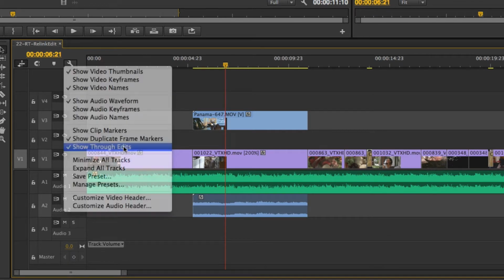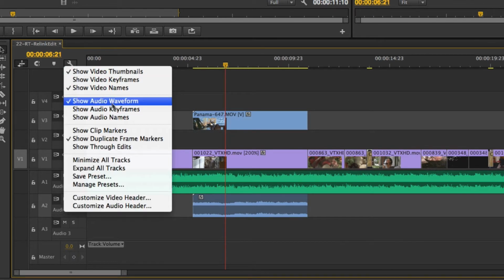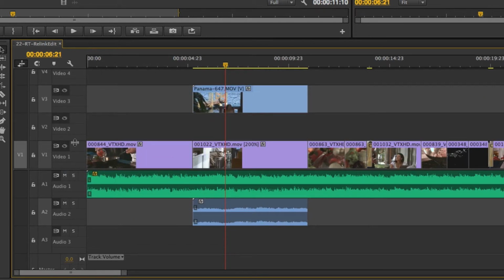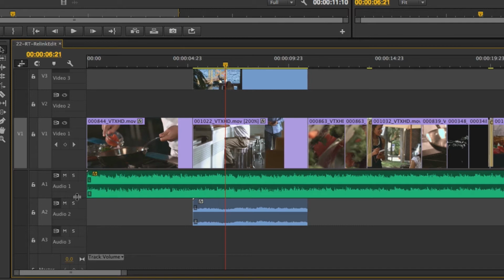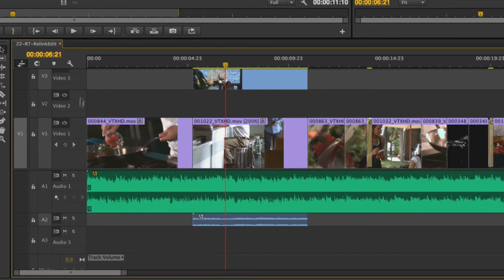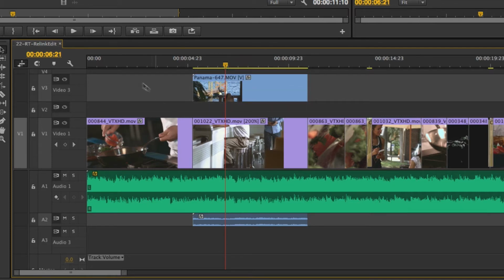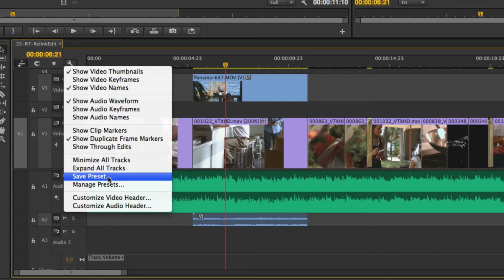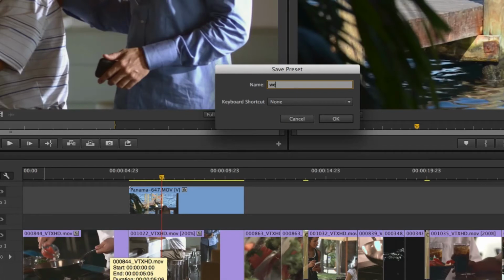You'll notice up here I also have the ability to minimize all tracks, expand all tracks, save track height presets. So let me show you what I mean by that. If I go to expand all tracks and then I want to make video 1 huge, and audio 1 huge, and audio 2 kind of small, and same thing on video 2. I could come up here, save a preset, weird preset,